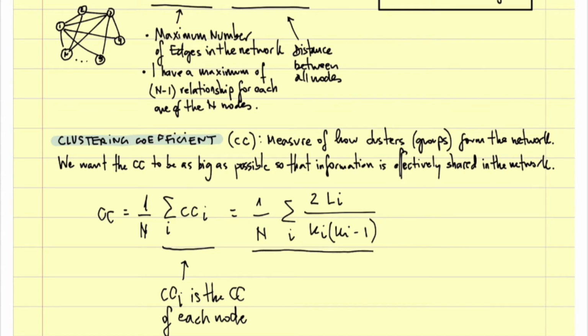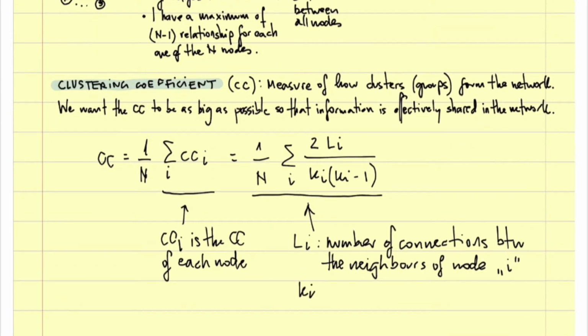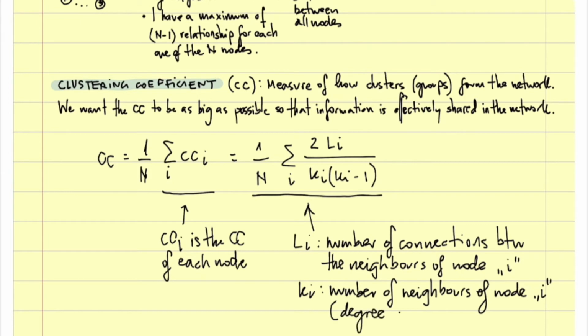And this is something that you need to think about a little bit. L sub i is the number of connections between the neighbors of node i, and this is a definition, and K sub i is the number of neighbors of node i, which usually is called the degree of the node. Okay,